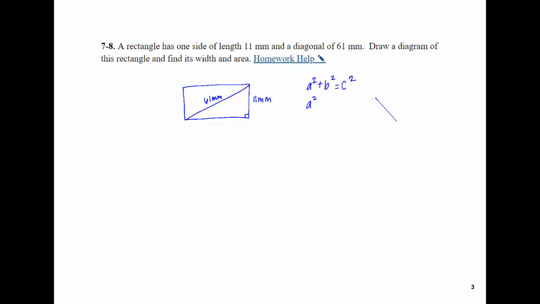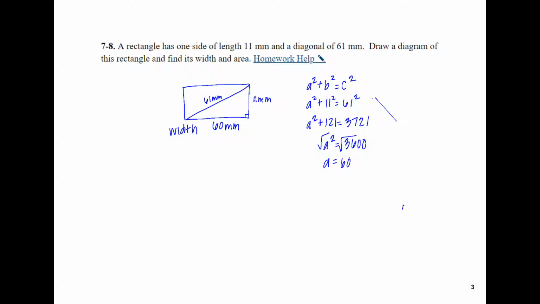So a squared plus 11 squared equals our hypotenuse 61 squared. 11 squared is 121. 61 squared is 3,721. When we use our inverse operation, subtract our 121, we get 3,600. To undo a square, we square root, and the square root of 3,600 is 60. So we know that our width is 60